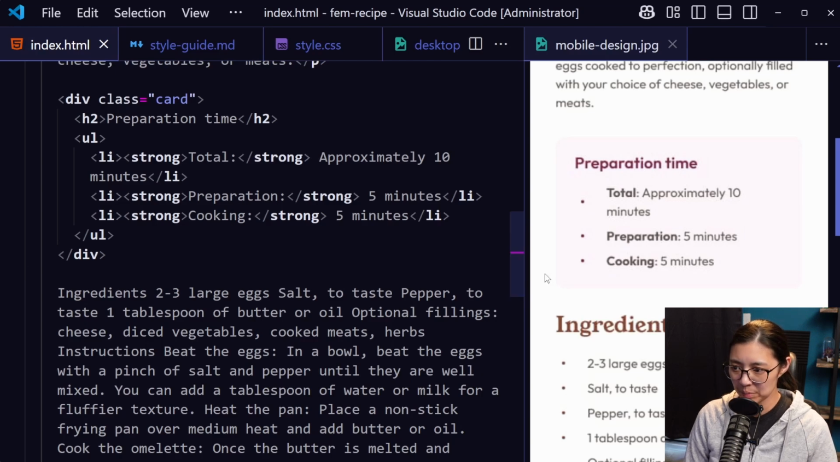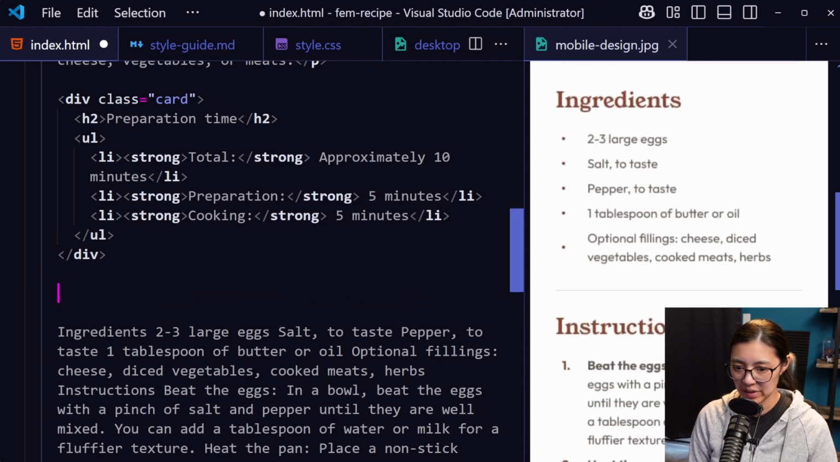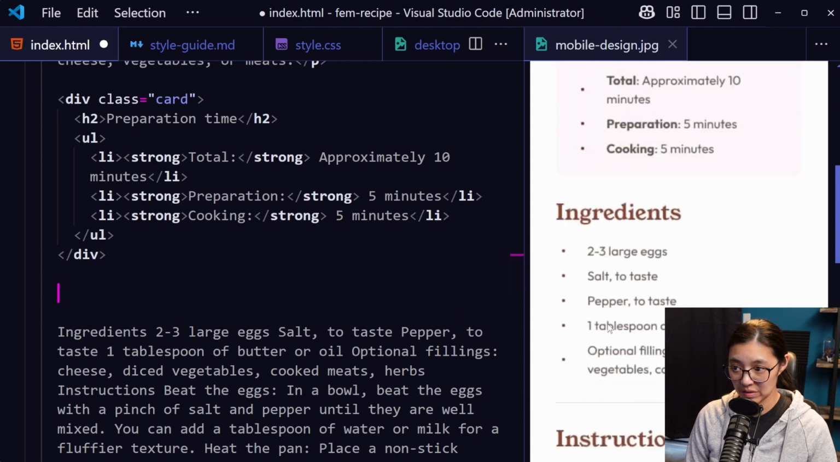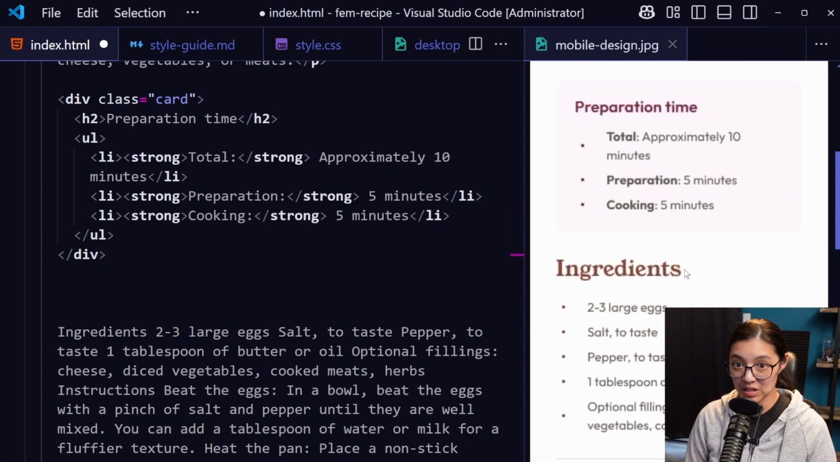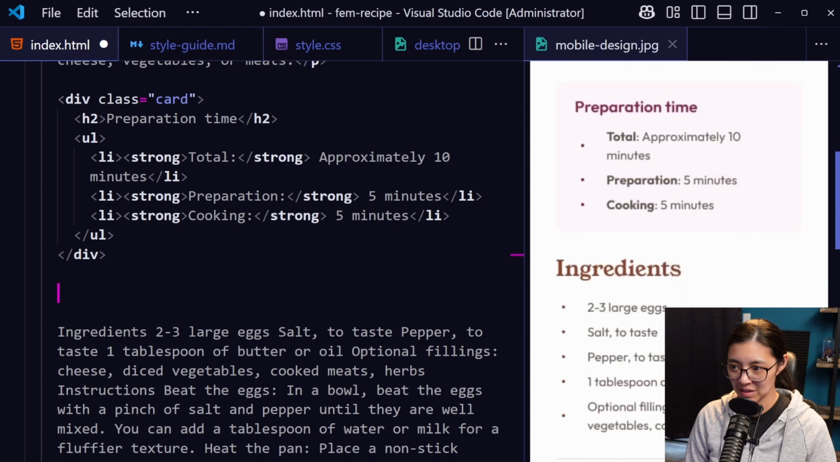All right, so after the preparation time card, we're gonna have some more text here. And I think the ingredients should be an H2 tag also. And you can do things differently if you want, but these are gonna be both H2 tags, at least the way I'm building this website, because I try to look at the website like an outline,